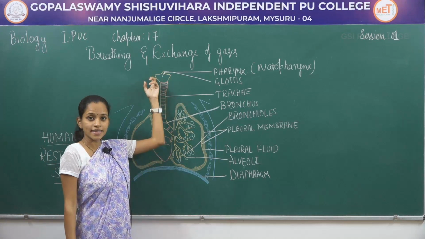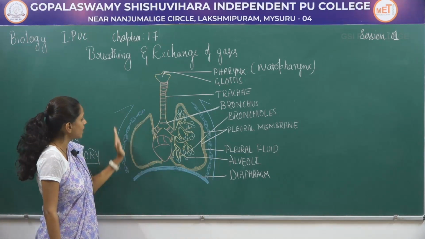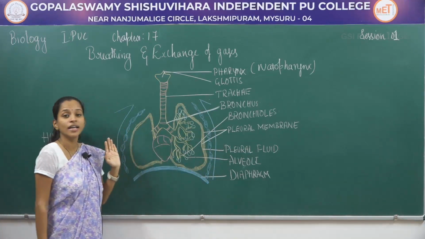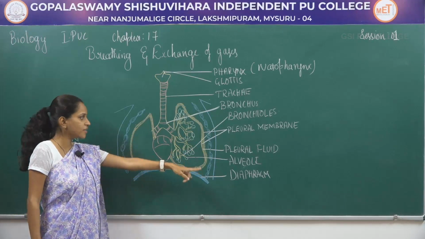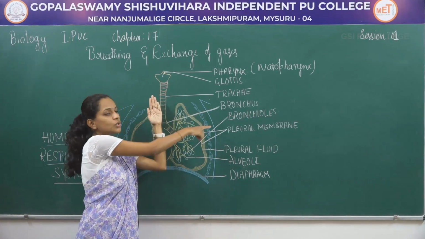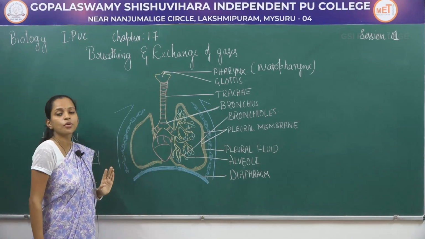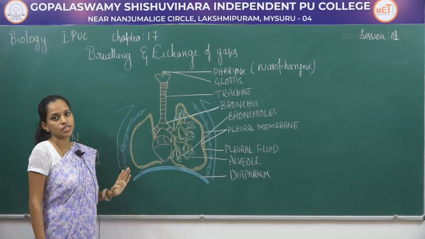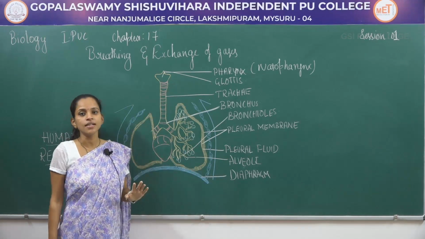So, behind it, that is on the dorsal side, with the help of the vertebral column; on the lateral sides with the help of ribs; on the lower side with the help of the diaphragm; in the front with the help of sternum. All these ribs join to the sternum. So, that is how lungs get protected from all the 4 sides, the lower side, the lateral side, ventral as well as the dorsal side.